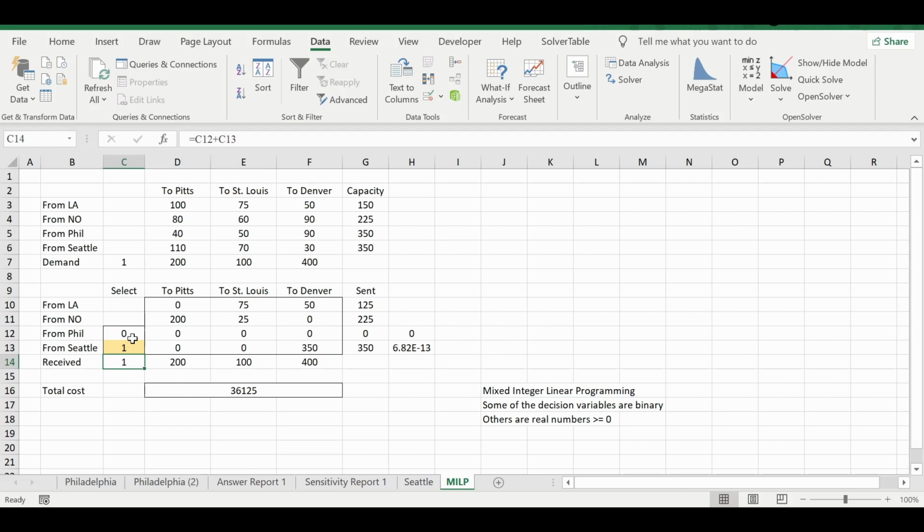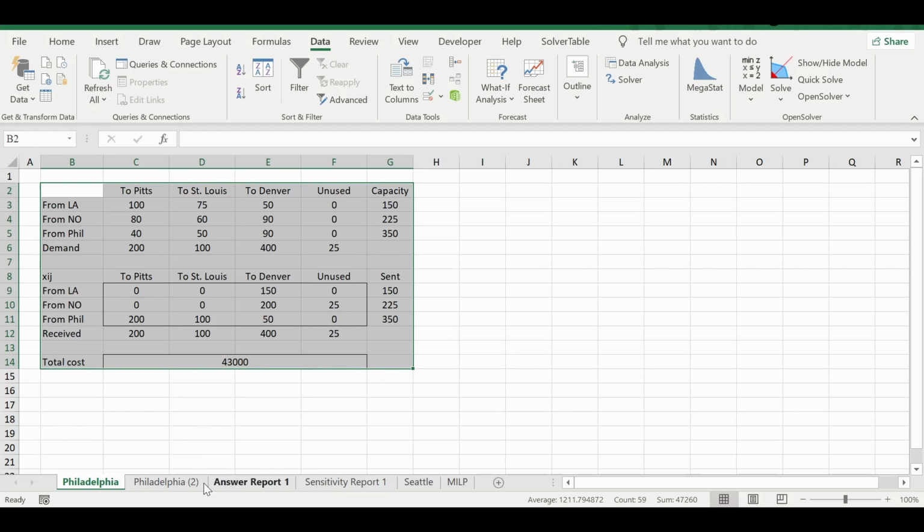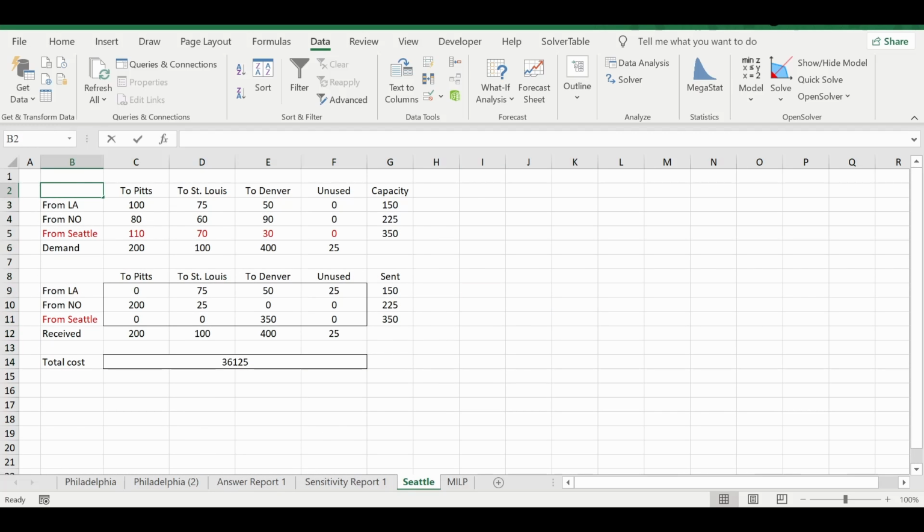And then we have formulated it in such a way that you don't have to make two separate models here, as I did here. One problem was for Philadelphia, and the next problem was for Seattle, and then we compared the total cost. In case of Philadelphia, it is 43,000. In case of Seattle, it is 36,125. Therefore, your decision is, let us build a plant in Seattle. So that is one method, solving a linear program for two locations.